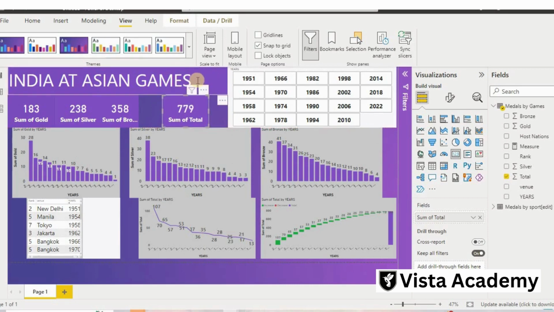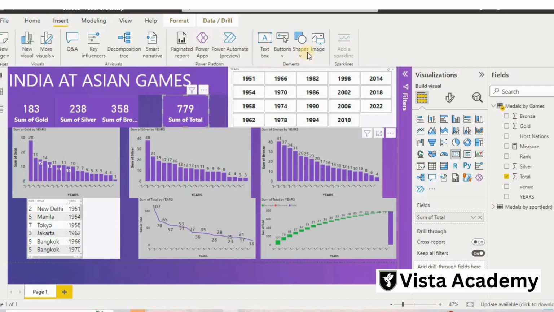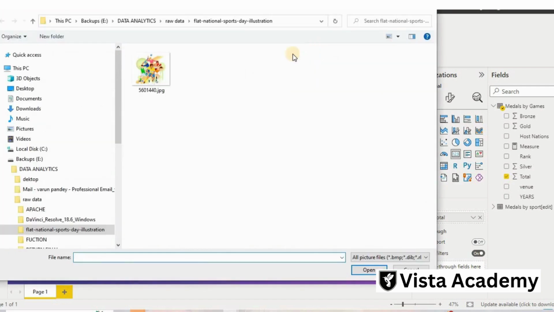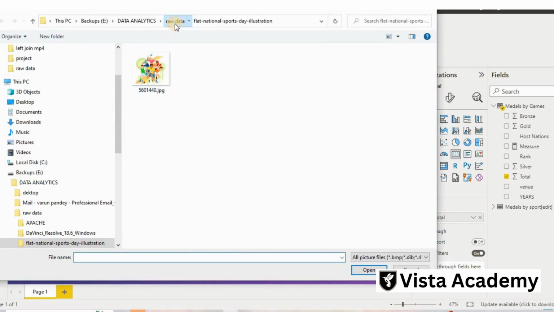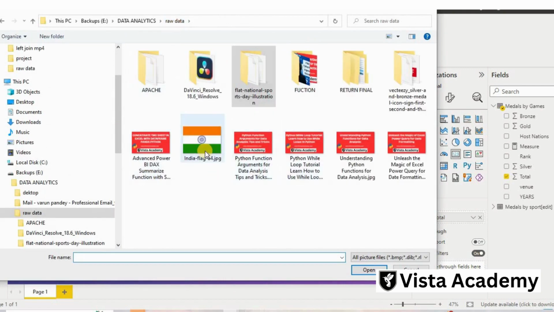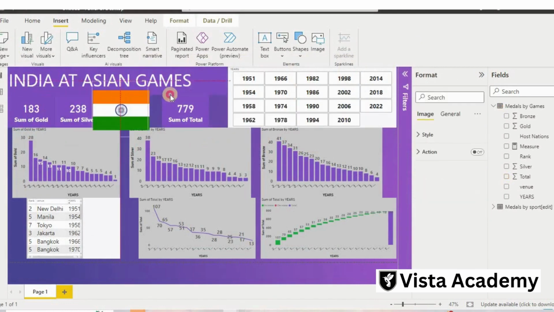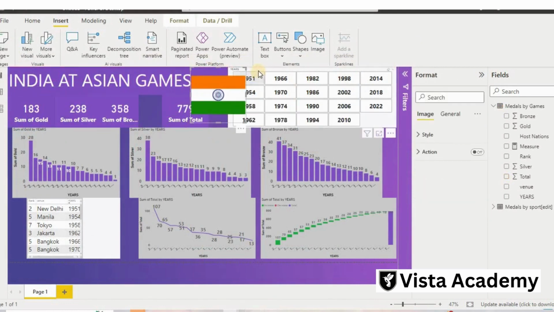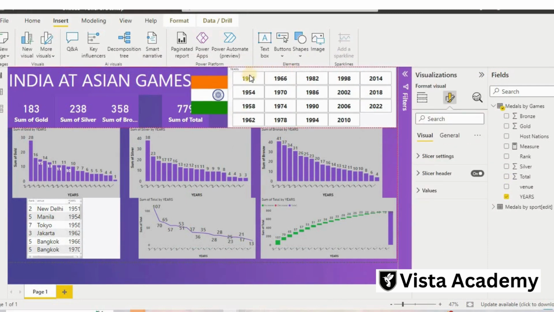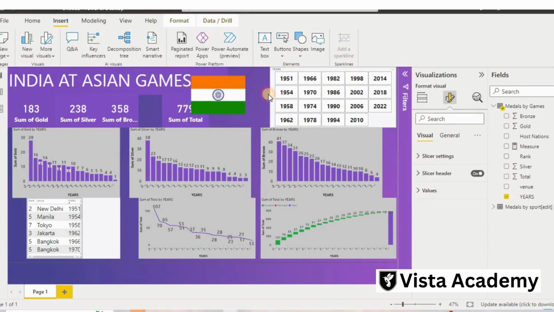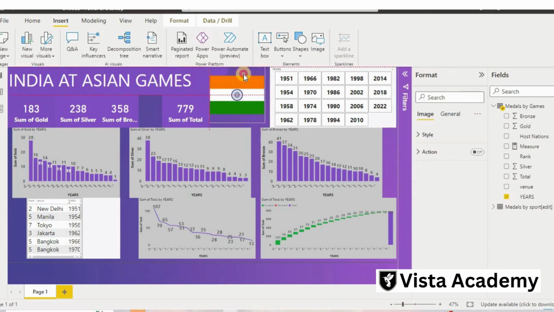And beside that, if you want the flag of India image, I have already downloaded it, you can also download it in raw data. You can put the Indian flag here somewhere, and I will make it a little bit smaller, India at Asian Games.